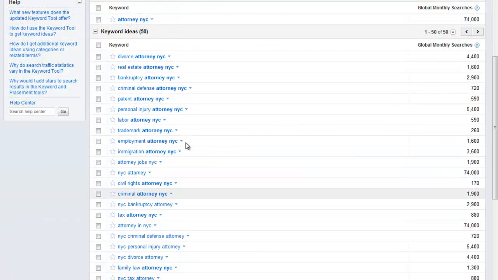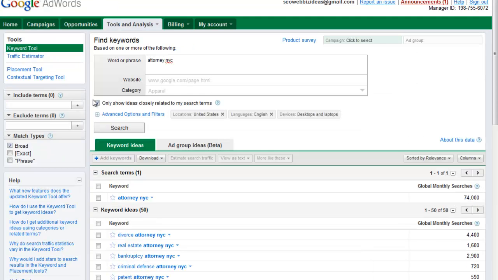And then also, finally, use this tool right here next to below. Only show ideas closely related to search terms if there's too much data. And other than that, check our